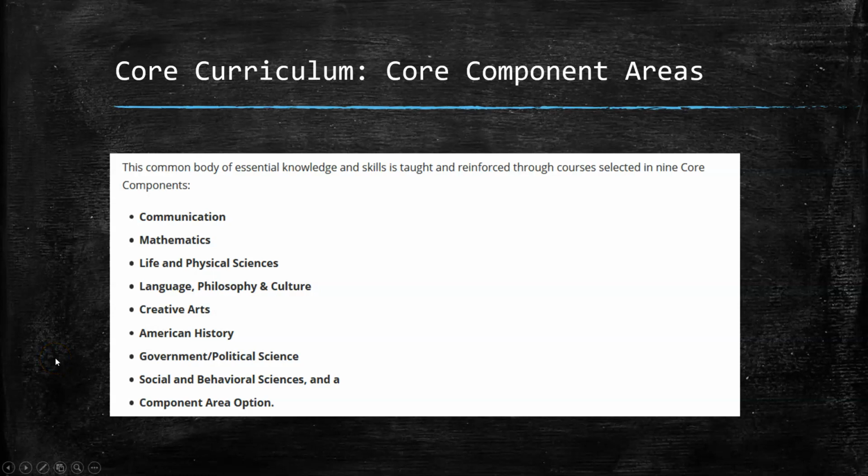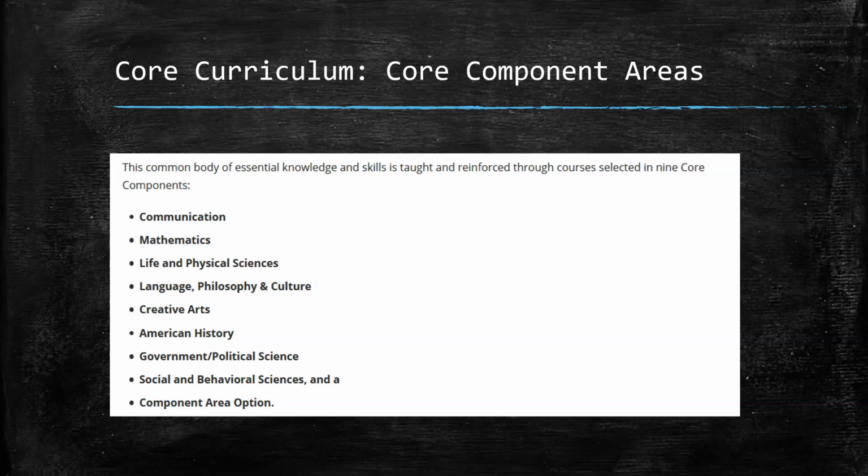So, how do we develop these core objectives? How do we develop these 6 skill sets that we just talked about? Well, they come from different courses in 9 different core component areas. So each of these core component areas helps you develop those core objectives or core skill sets of the core